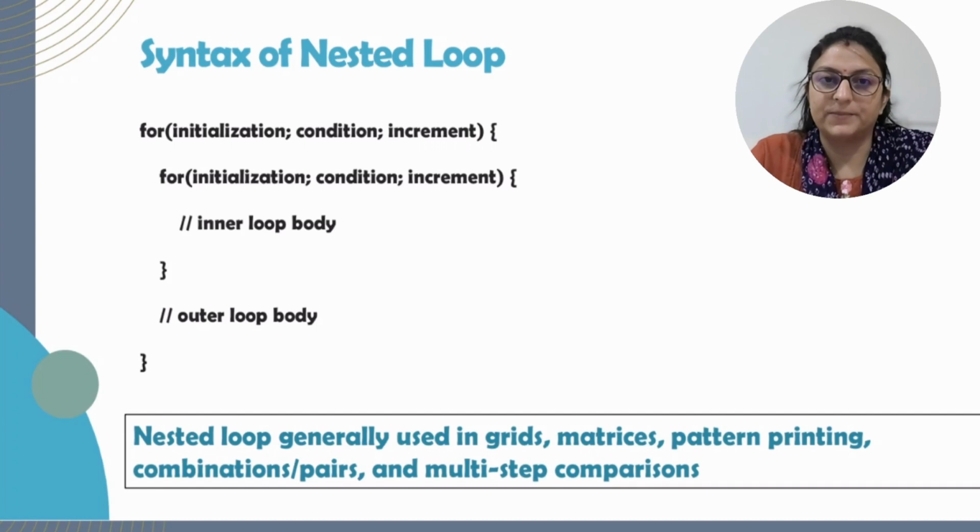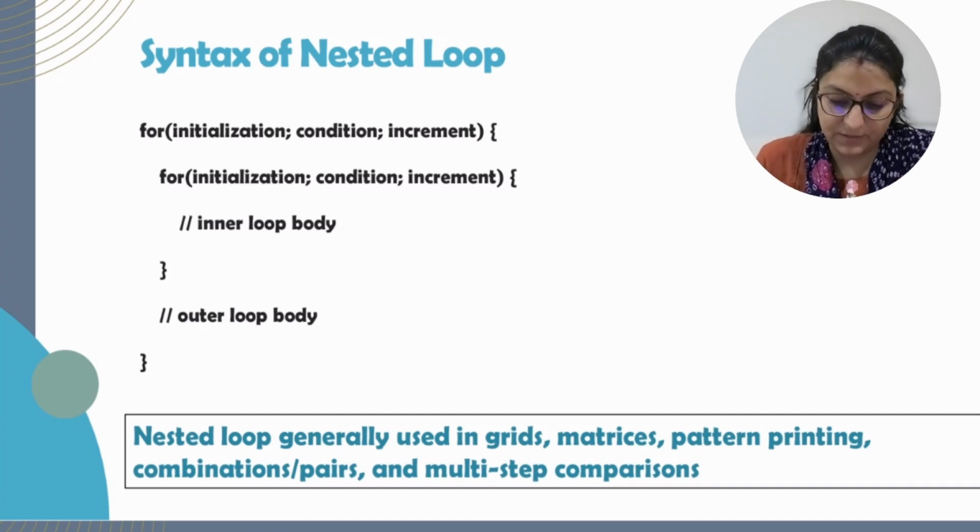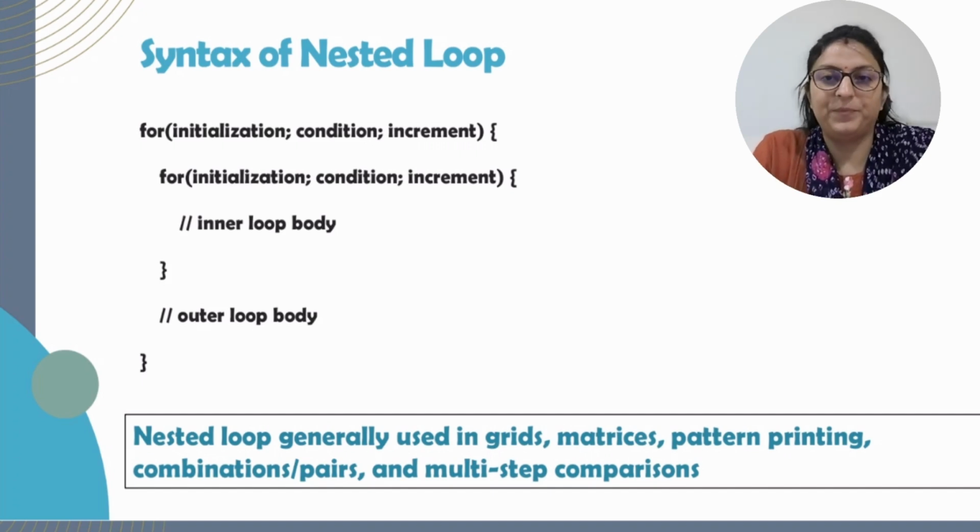Second point is syntax. So what is the syntax of this nested loop? So here you can see first for, then we have initialization, condition and increment. That is a basic syntax. Inside the curly bracket of first outer loop, we write the another inner loop. उसके लिए भी same syntax. फिर आएगा inner loop के statements. We complete the inner loop and then we complete the outer loop.